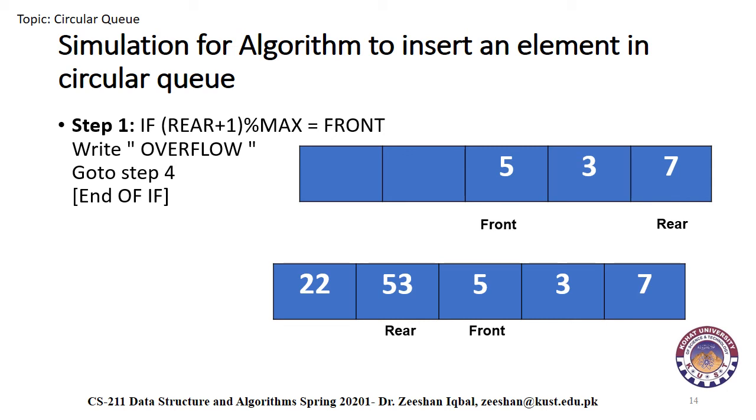Currently the front index is 2 and the rear index is 1. By putting these values in the if condition, the equation will be as follows. By calculating the equation, the if condition will be true, so we have to print overflow, and directly move to step 4 by exiting, as further values cannot be added.